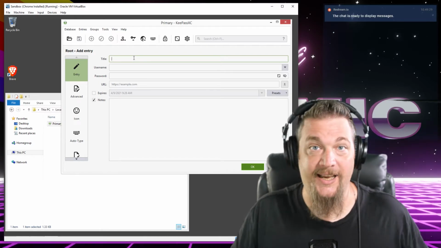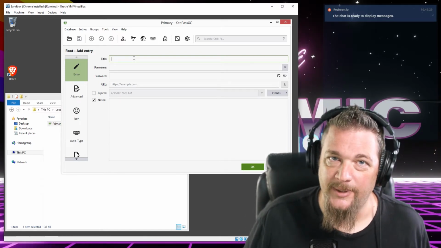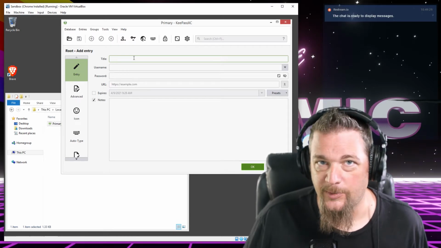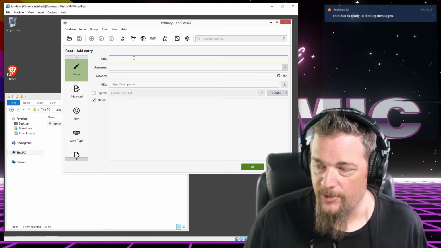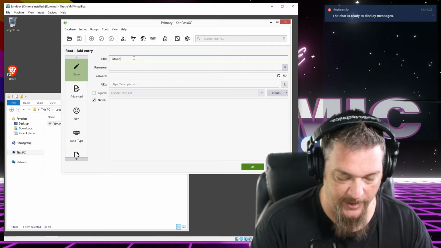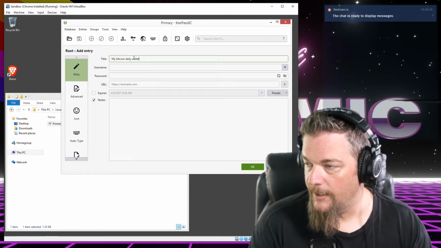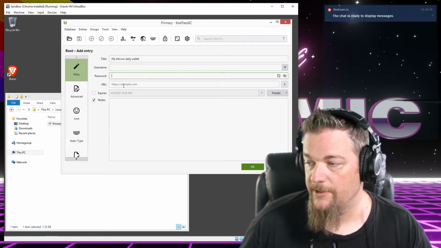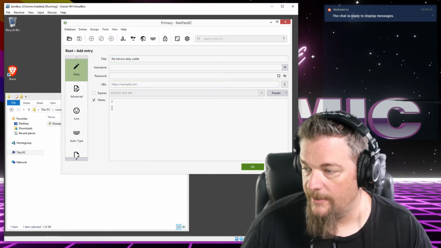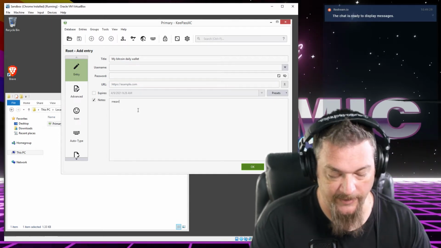There are a lot of boxes that you can choose to fill in here if you want, but it's all optional, depending on what you want to use this entry for. If this were going to be a Bitcoin wallet recovery key, we'll give it a title, like my Bitcoin daily wallet. We don't need a username and password. We don't need a URL. We can add a note, and down here we could paste the recovery key, or